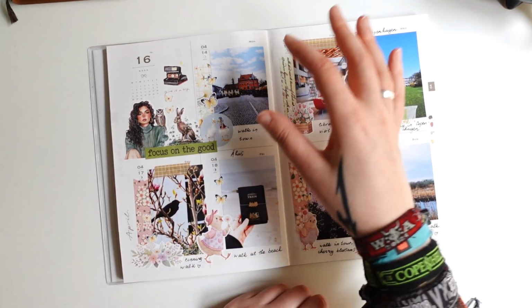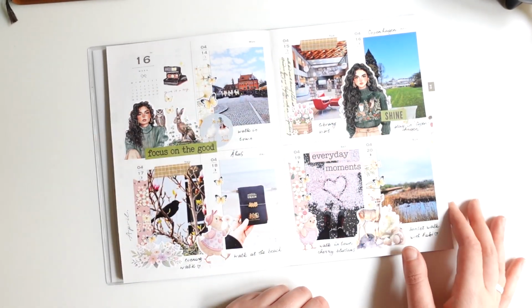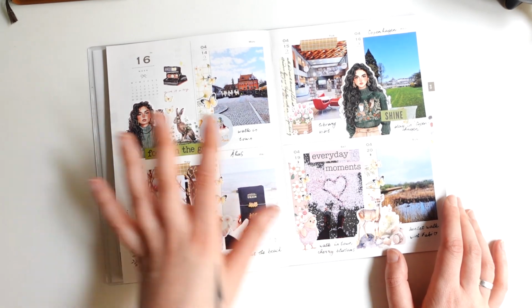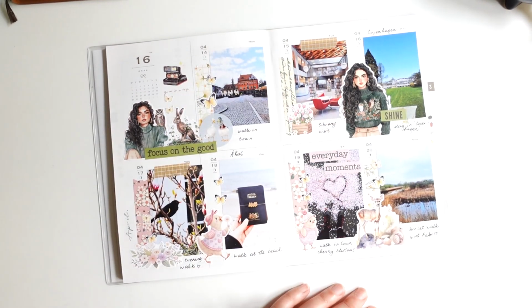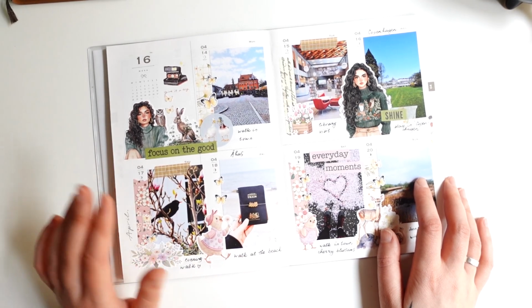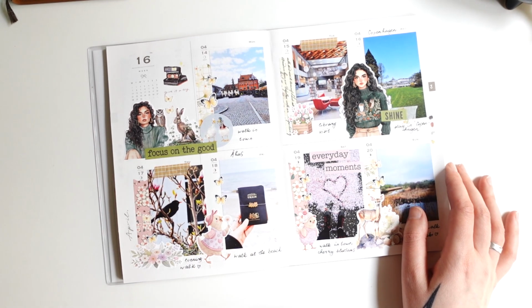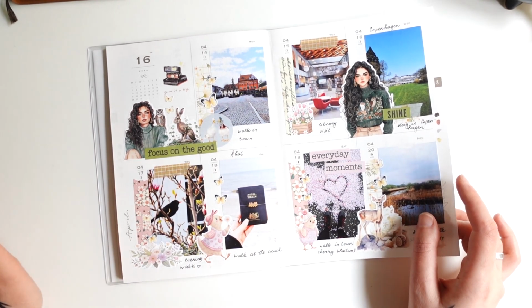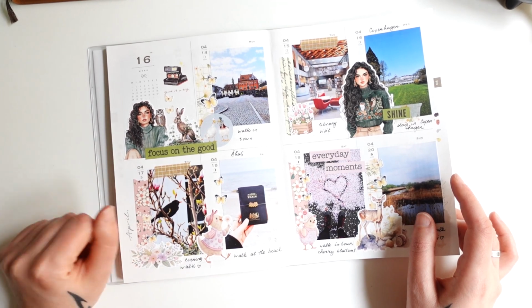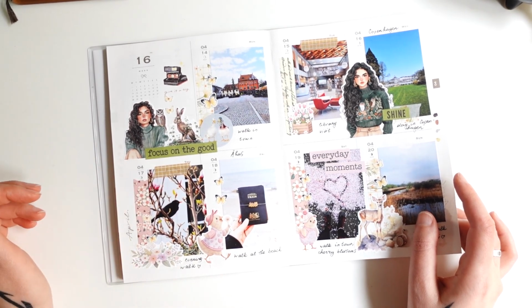I print a photo a day and then at the end of the week make this kind of weekly spread. The most interesting, the best moments of the week captured in photos. And also, same as with that other journal, it can be absolutely anything. It can be something more special, can be something very mundane, very simple, depending on the day, because of course